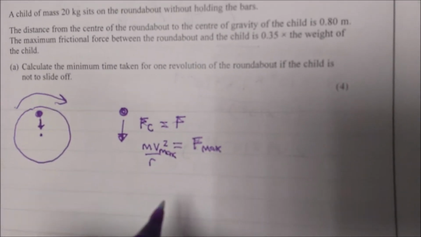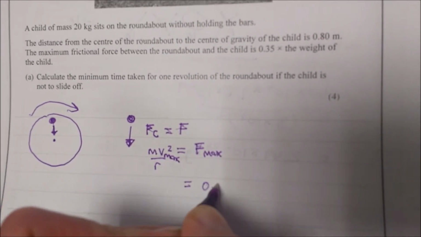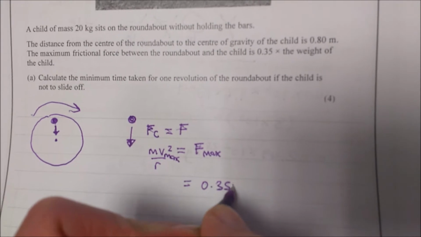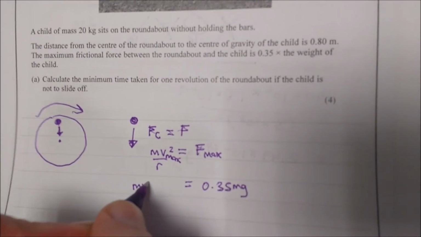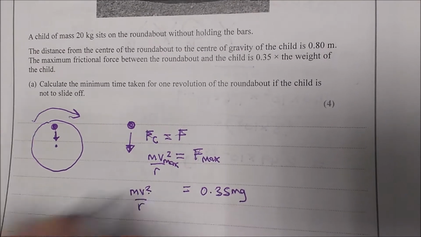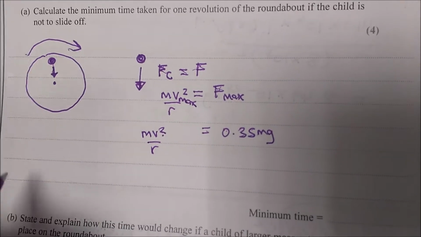Now it tells you in the question that 35% of the weight of the child is the maximum friction, so we've got 0.35 mg equals mv squared over r. Let's just remove the max there, just to keep the page a little bit less cluttered. But can you remember,